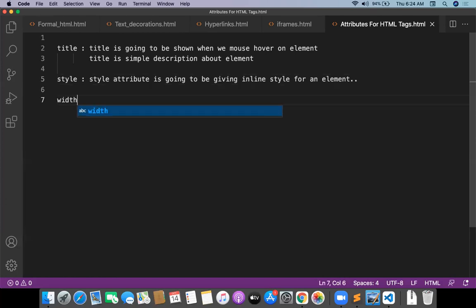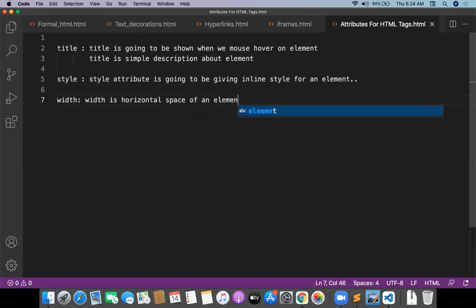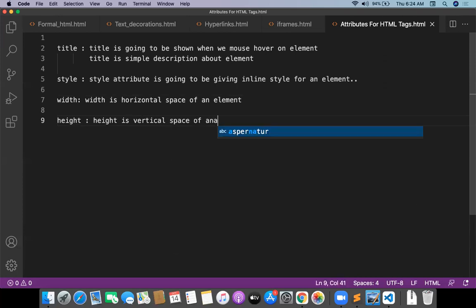And one more attribute is the width attribute. Width is the horizontal space of an element. Specify the width of the element, whatever you want, with the width attribute. One more is the height. Height is the vertical space of an element.